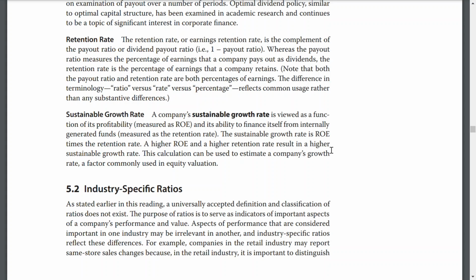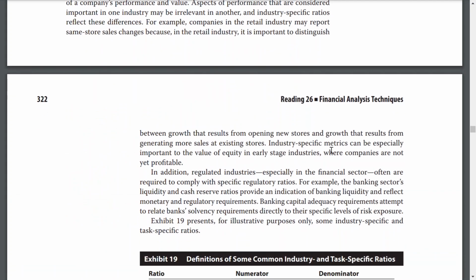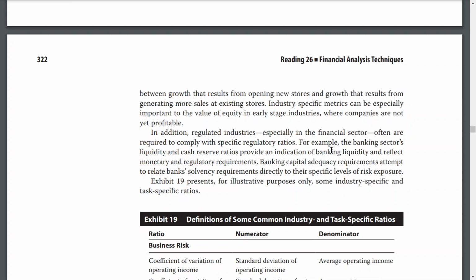For example, companies in the retail industry may report same-store sales changes because in the retail industry it is important to distinguish between growth that results from opening new stores and growth that results from generating more sales in existing stores. Industry-specific metrics can be especially important to the value of equity in early stage industries where companies are